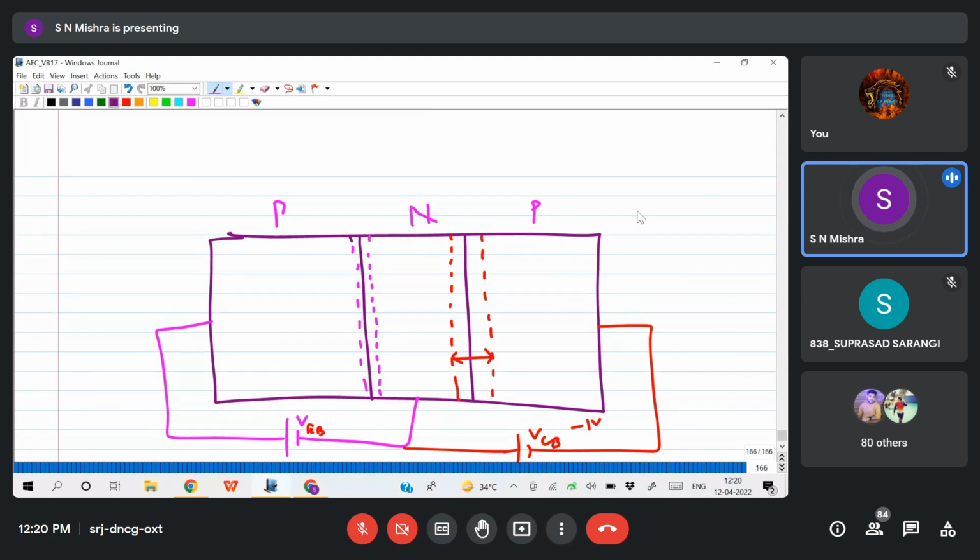Now when I increase VCB to minus 3 volt, the depletion region increases. Now from here to here is actually your base width, but inside the depletion region I will not find any mobile charge carriers. So effectively, I will find carriers within this region only. This is the actual base width,